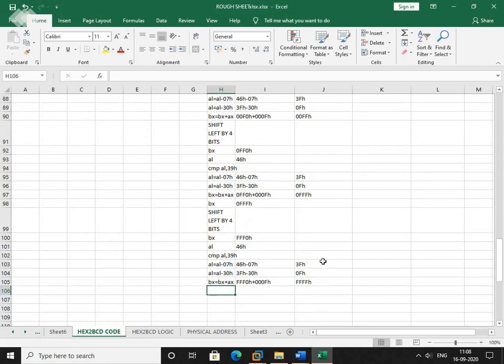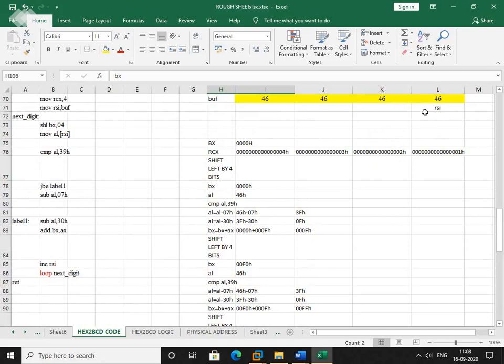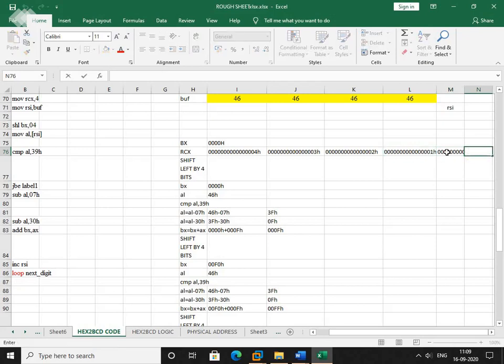The final content of BX is 4 times FH, what we entered as input. This is our final content. Now increment RSI. RSI will point to the next location, but it is vacant. Then decrement RCX. Now RCX has become 0.